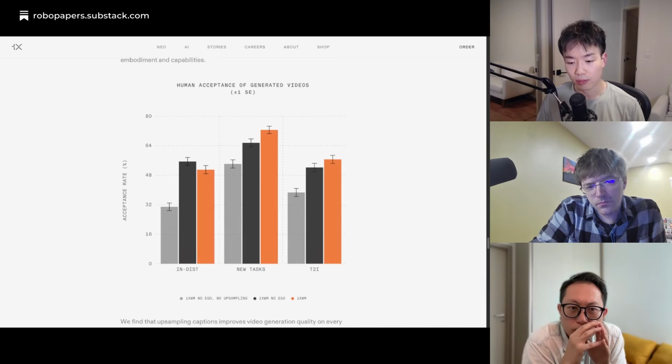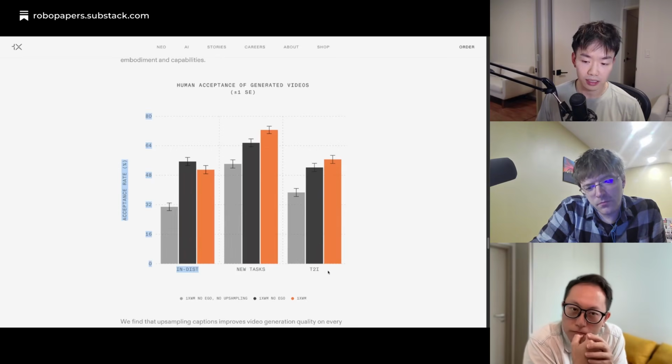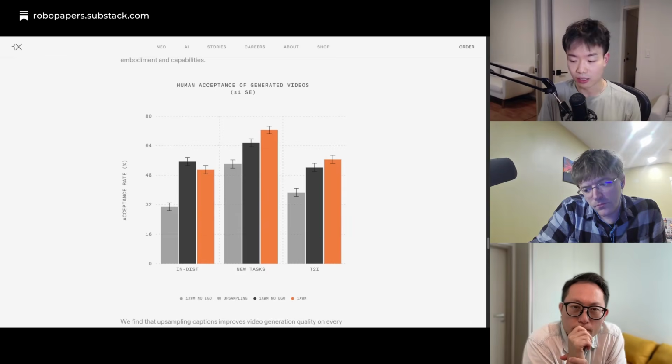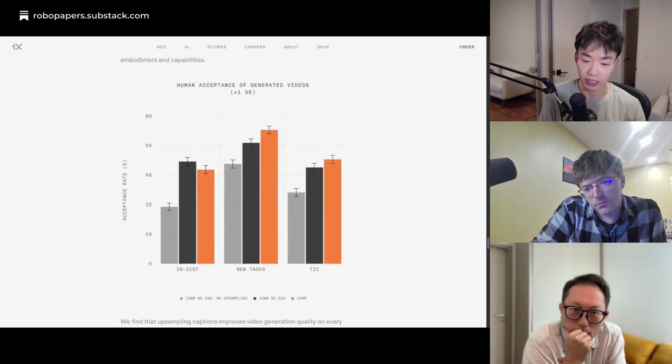We see that, for example, on generalization tasks, we see improvement when you add egocentric training. And interestingly, on in-distribution tasks, we actually lose a bit of performance on the quality. We think that makes sense, because you can imagine that egocentric data is really in order to diversify the task list. So you're actually trying to broaden the distribution. Maybe you dilute a little bit of the specific in-distribution overfitting that you can have in order to generalize.